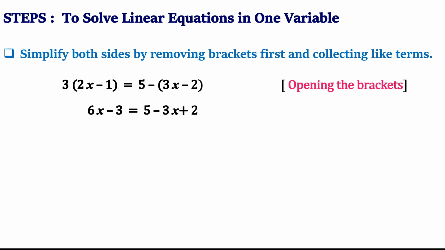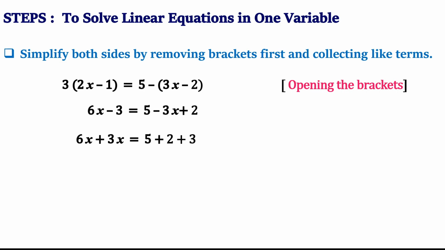Now what is the next step we will do? We will collect the like terms. See, this is what was written in the sentence: simplify both sides by removing brackets. That we have done. Now the second thing they have told is to collect all the like terms together. So I will collect all the variables on the left hand side and all the constants on the right hand side. By doing this, we have actually collected like terms on the left hand side and like terms on the right hand side, because on the right hand side I have all the constants and on the left hand side I have all the variables.